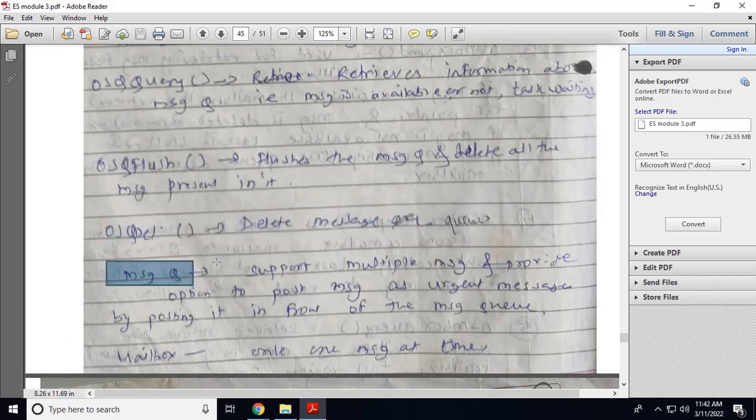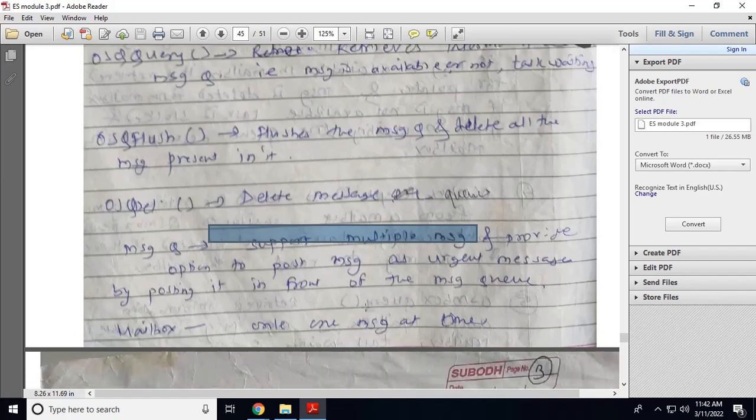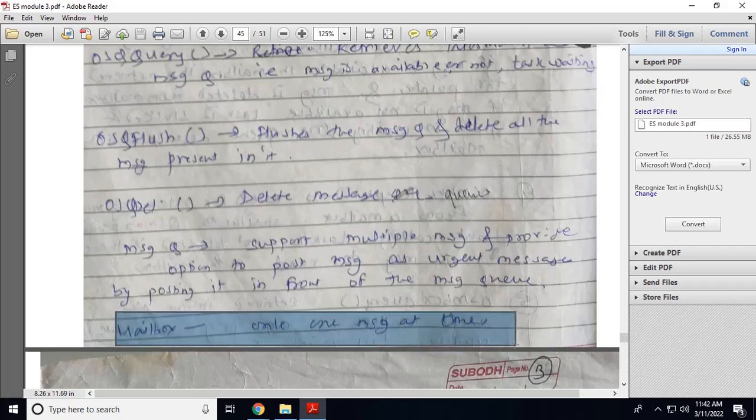Now see, a message queue will support multiple messages and provides the option to post a message as an urgent message by passing it in the front of the message queue. Mailbox, only one message at a time. That is the difference.